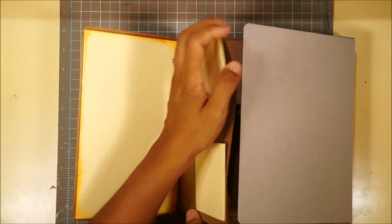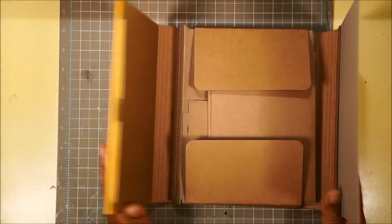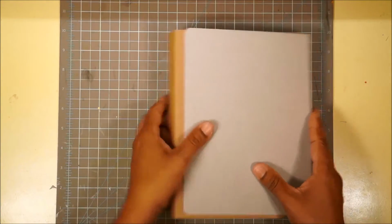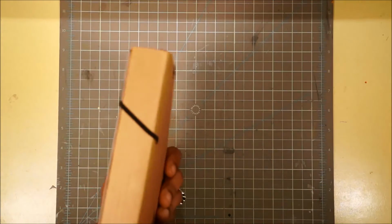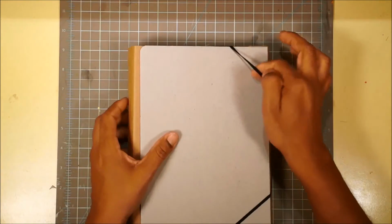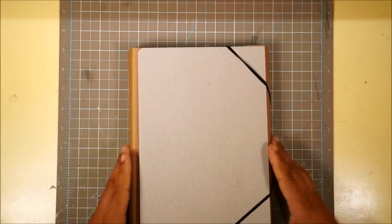So that's it as far as constructing our album. We are finished building. Like that. Okay. And our elastic goes on like this. So let's walk through the album that we've created over the last few weeks and talk about how we're going